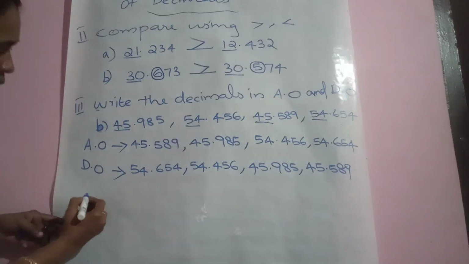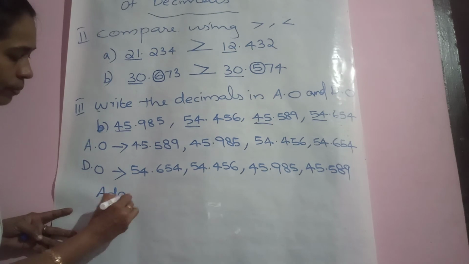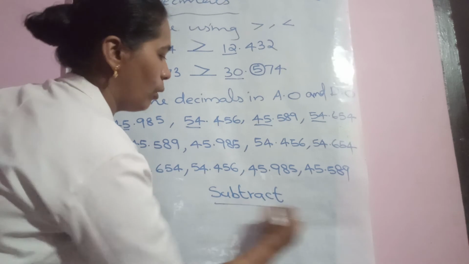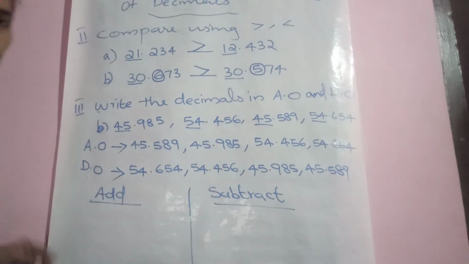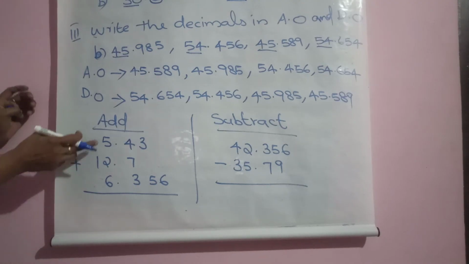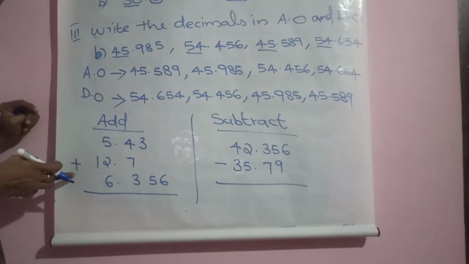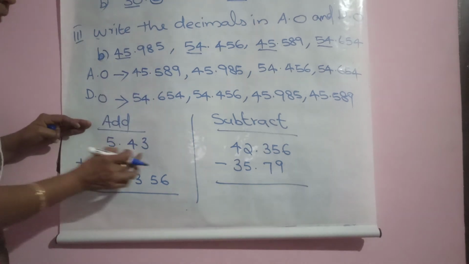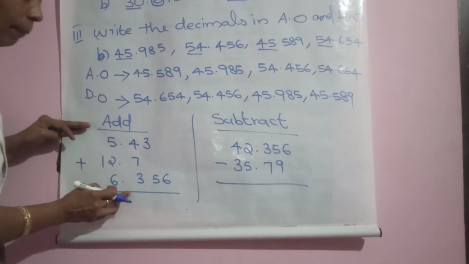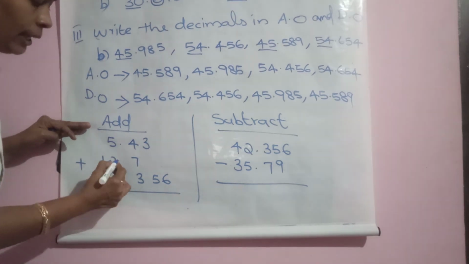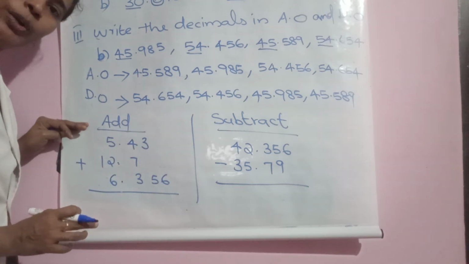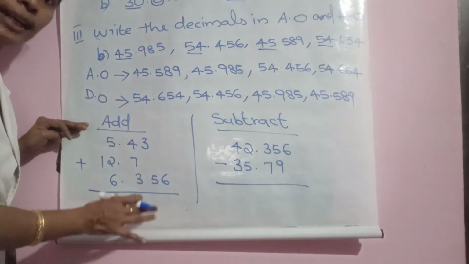So, one question for you. Add, and here it is subtract. Only one question each is enough. That's enough for us. So, see, teacher has taken 3 decimal numbers for addition. The first one has only 2 digits in the decimal place, here 1 digit in the decimal place, but the last number has 3 digits in the decimal place. So what we do, we have to make all these like decimals.